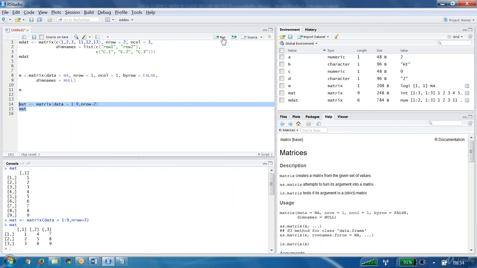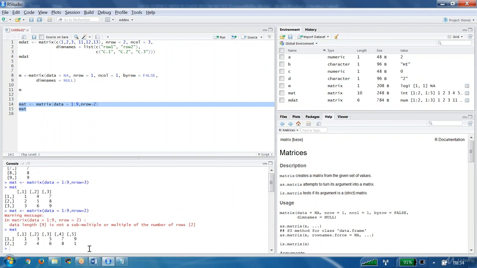Let us see that kind of behavior now. Let us go and try to run this one. Now what happened here? What way did the system take? Cycled. It is cycled. Once 1 to 9 is completed, I want one more value, so it will go again from the beginning and try to fill it. That's how the system is behaving. Now you understand how number of rows works.